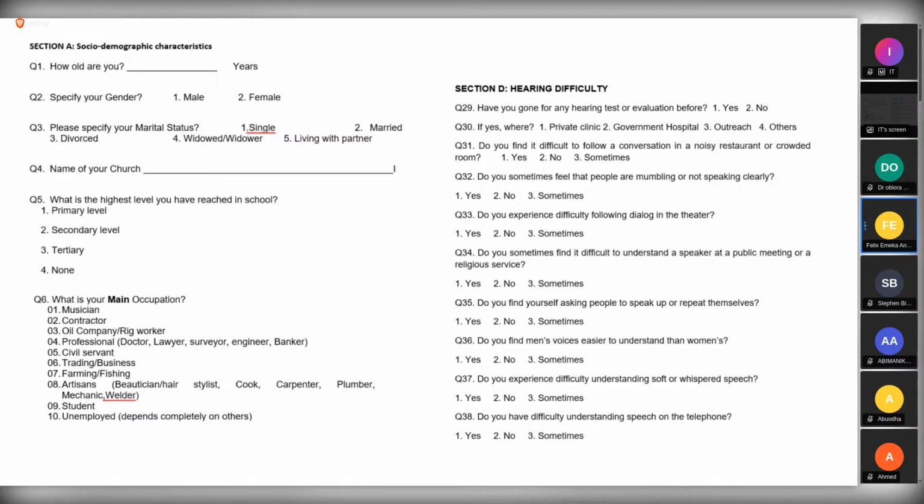So for my students that are doing KAP study, I usually recommend a minimum of 10 for knowledge, 10 for attitude, and 10 for practice. It should not go below that. But for other things that have nothing to do with KAP, it should be between 5 and 10.